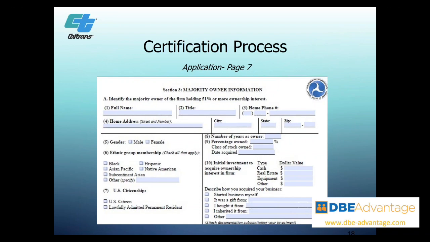So let's say, for example, you are 100% owner. That's a simple application, but let's say you are a 51% owner, then you would include that. If you are less than a 51% owner and there are 2 of you, for example, 2 individuals that are